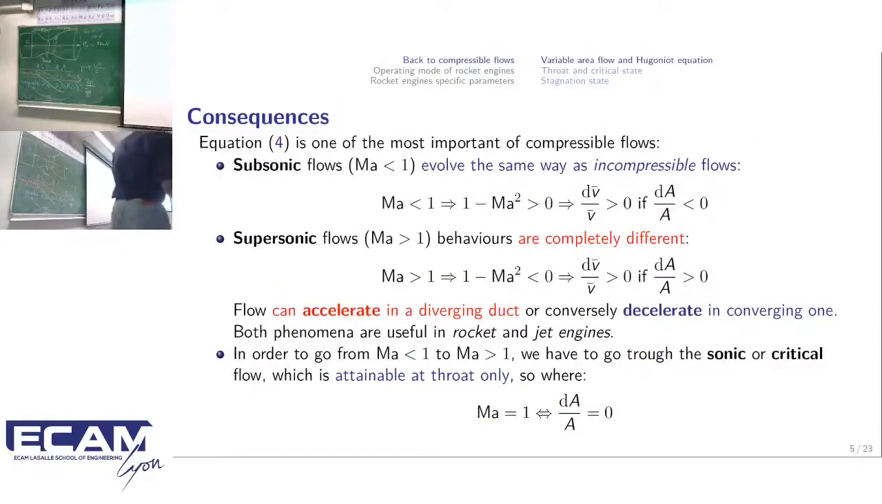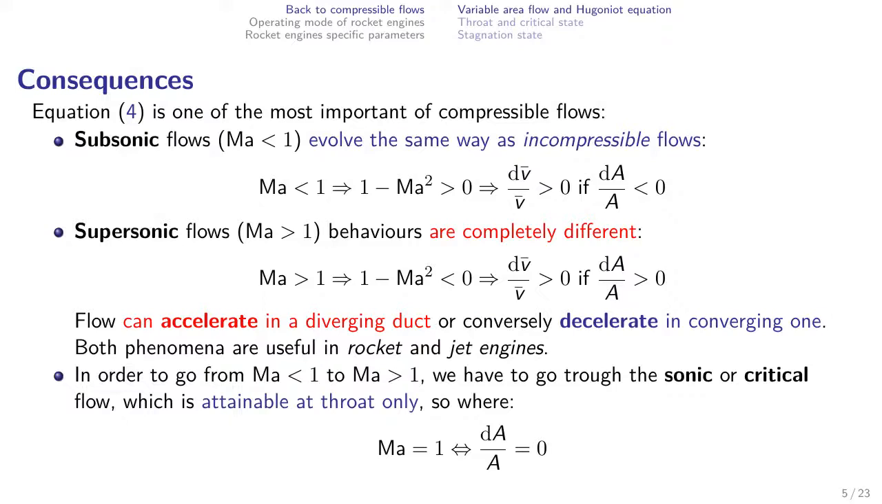And so, the 3 main behaviors on the 3 main parts of my nozzle, if I suppose I can work this way. In the subsonic zone, the flow has exactly the same behavior as it would be, for example, incompressible. In the supersonic zone, it's in the other sense, so the mean velocity and the cross-sectional area are actually evolving in the same way. And what is also important is if you want to go from a subsonic to a supersonic behavior,